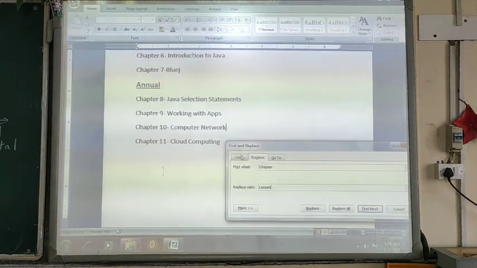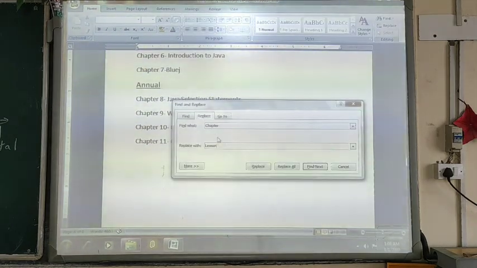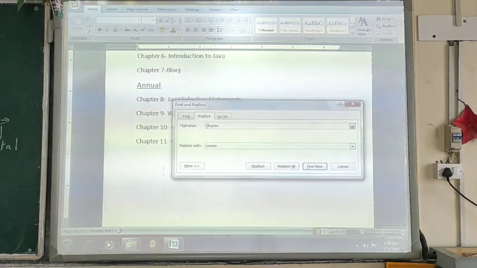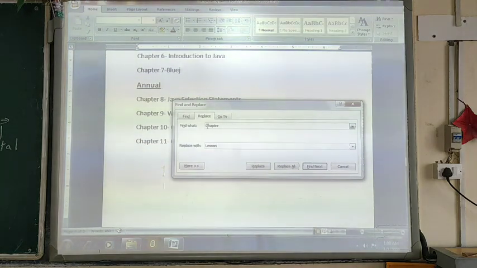I want to write it like lesson 1, 2, 3, 4, 5, 6. So instead of erasing one by one, I can use the replace option and change it all together.